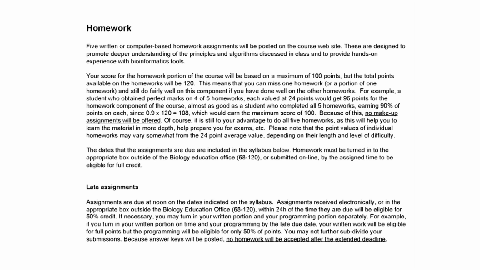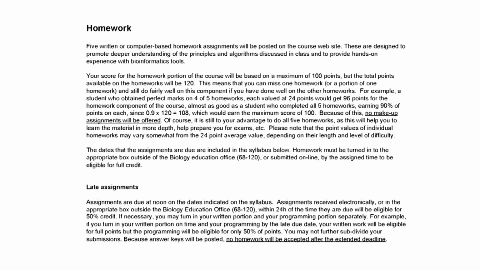For example, if each of the homeworks were worth 24 points and you got a perfect score on 4 of them, that would be 96 points. You would have an almost perfect score on your homework, and you could miss that 5th homework. Now, of course, we don't encourage you to skip that homework. We think the homeworks are useful and are a good way to solidify the information you've gotten from lecture and reading and so forth. So it's good to do them, and doing the homeworks will help you and perhaps prepare you for the exams. But that's the way we handle the homework policy.